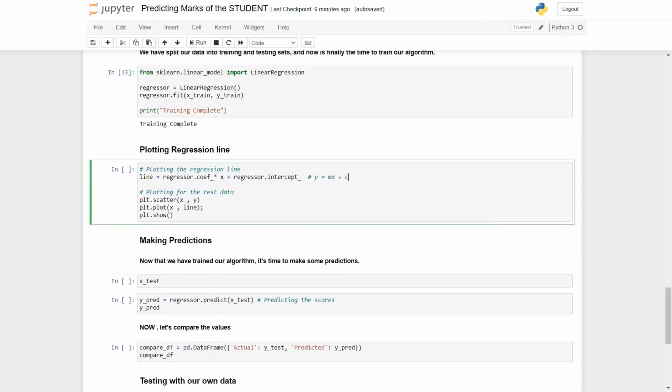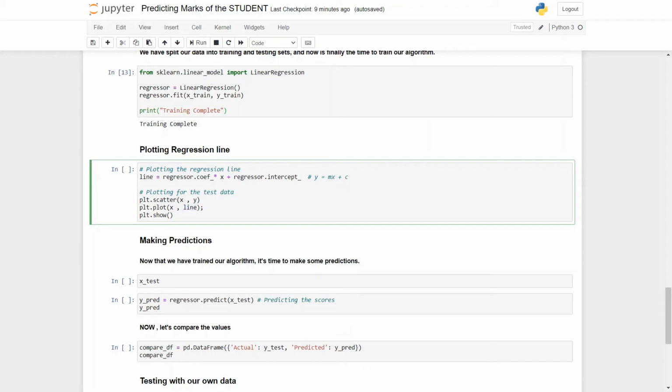Then the next task is plotting the test data. First we use .scatter for the plotting, and then we plot the regression line. We use .plot, and the parameters we give are x and the line we defined previously in the initial part of the cell.